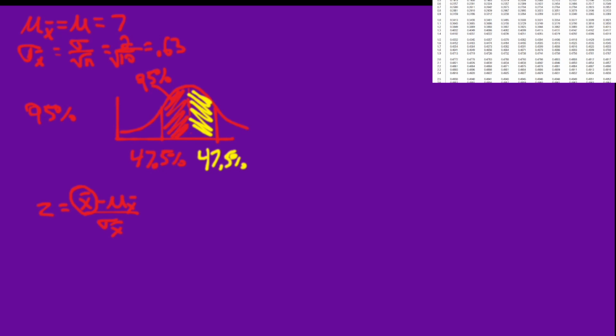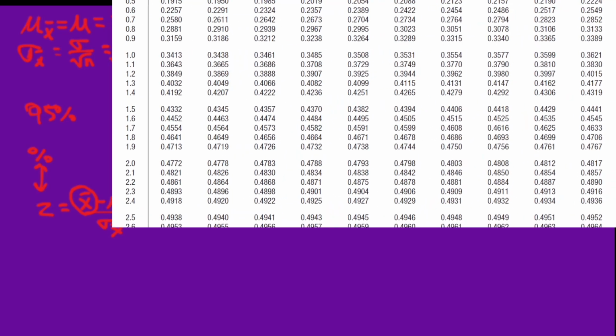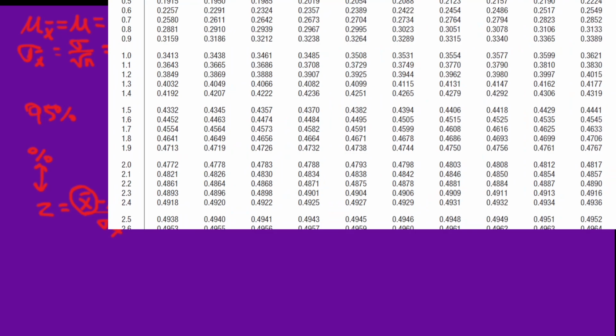So we know the percentage, and remember the percent is related to the z-score, right? We can quickly convert between the two using our z-table. So we know we want 47.5%. So let's go back to our z-table. And what are we looking for? Again, this time we're reversing the direction, right? So in the previous example, we were looking up a z-score,